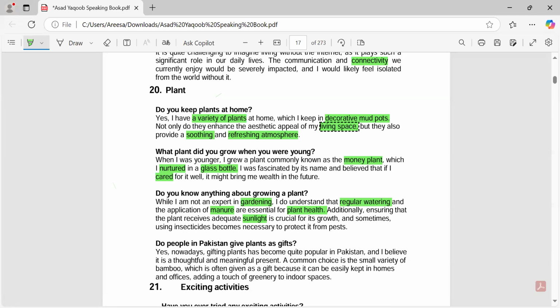is animal dung which is used as a fertilizer. Like people use animal dung, so this is basically manure. It's for plant health, and people use it. You can say the waste of animals is used for plant health, so they give it to the plants. So this is called manure. I hope you got the idea. So one is manure, plant health. We didn't use the word health, which is good.